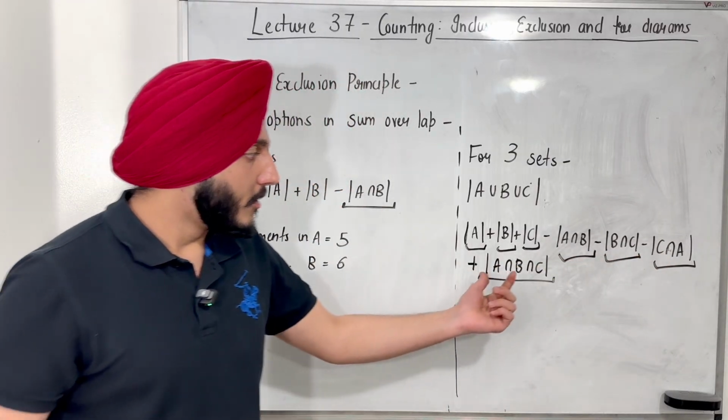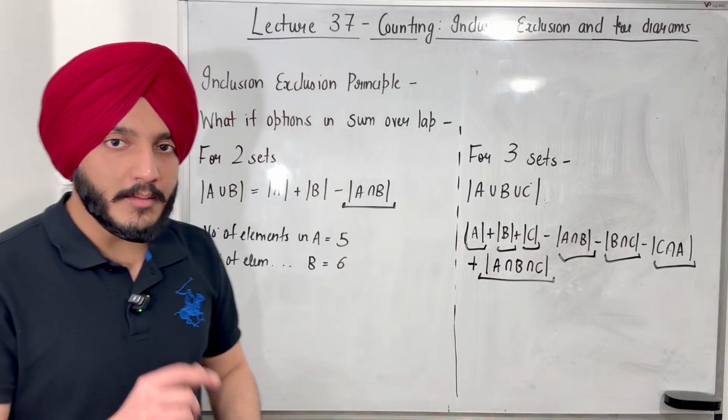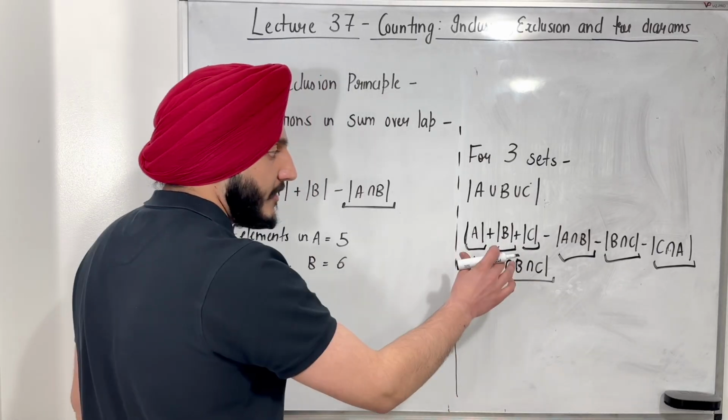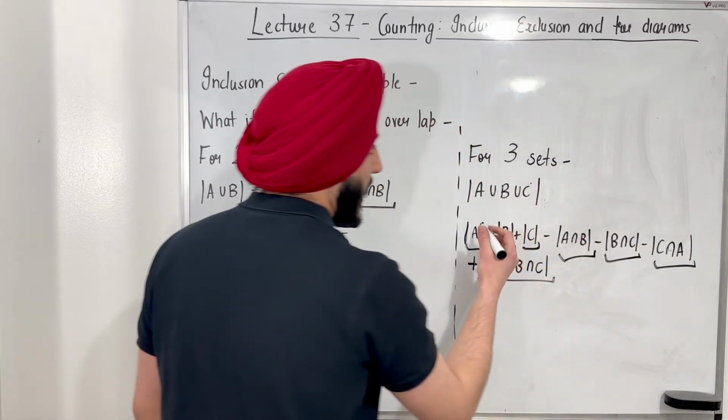Okay, now let's understand why we add A intersection B intersection C again. Now think about this, right? If some elements were in all 3 of these sets, then we added, let's say